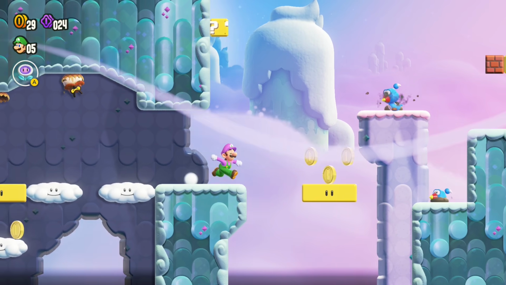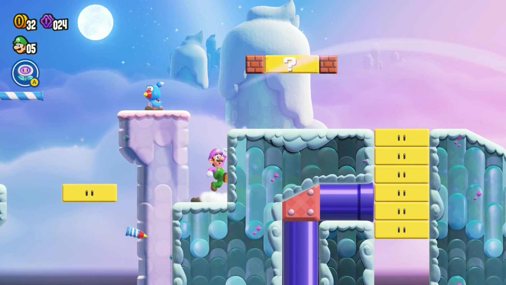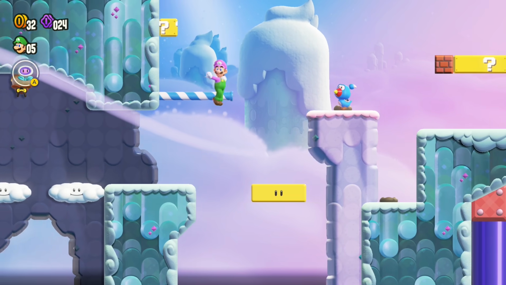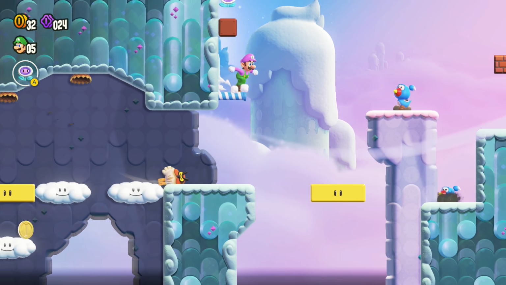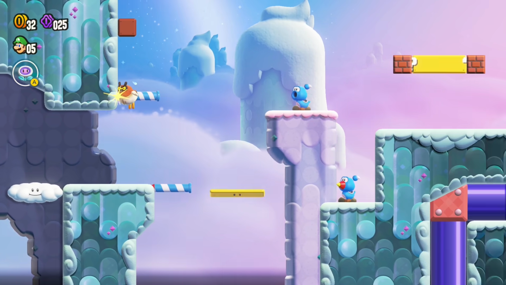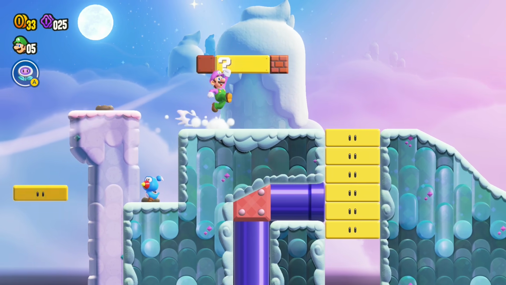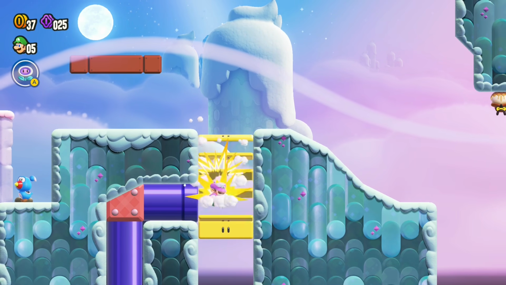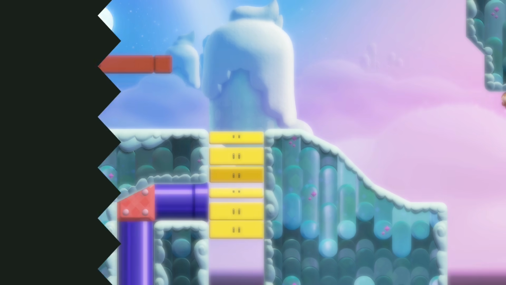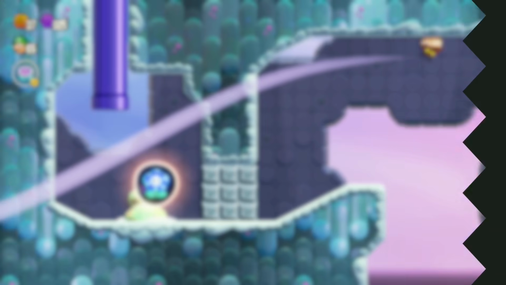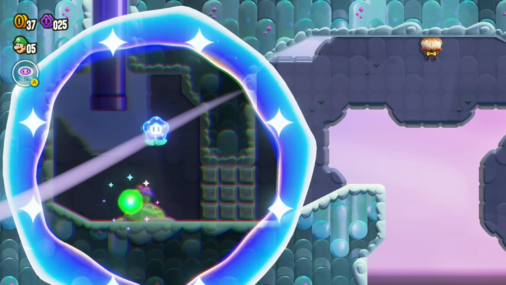And I suppose you could also say that's kind of what I do with the bluebirds here as well, where they're just kind of placed in this sort of awkward way for you to navigate around, but whatever. It's actually kind of weird how I have those blocks there with just a coin in them. They're kind of just pointless, but I suppose that's alright. Sometimes blocks are just there for decoration or whatever.